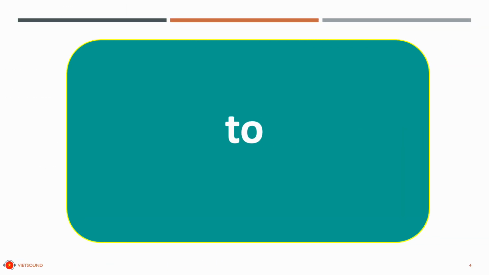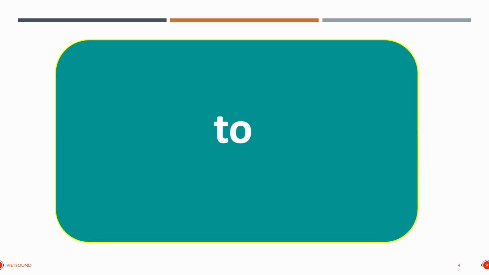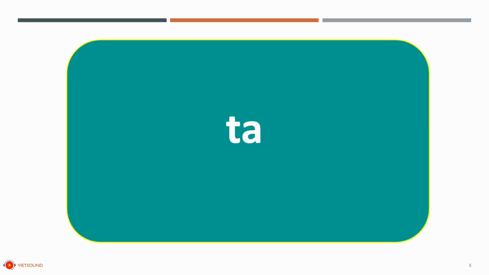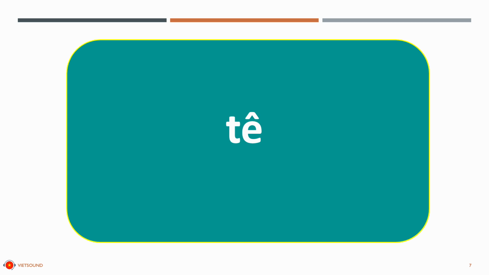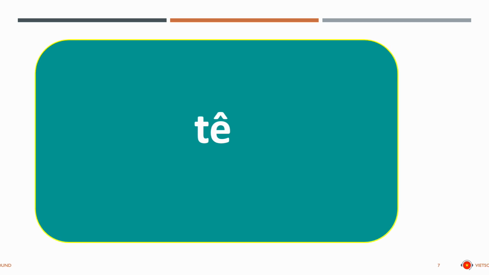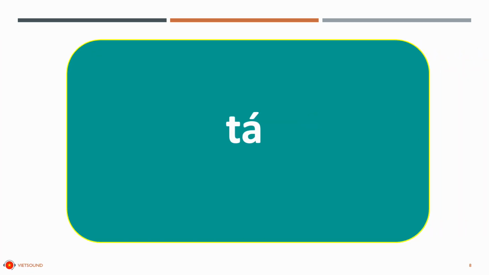Now let's try to say some words with the "th" sound. I'm going to say the word first, then you'll have a few seconds to copy exactly how I pronounce the word. First, the "th" sound at the beginning of the word. To, ta, tu, tê, tá,